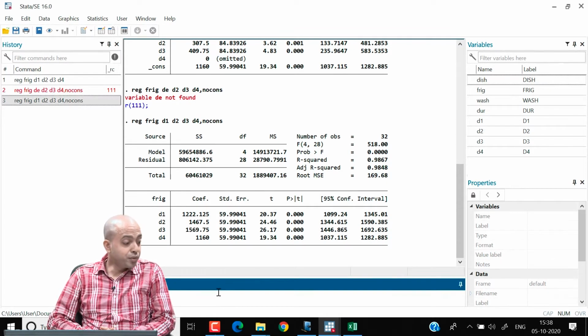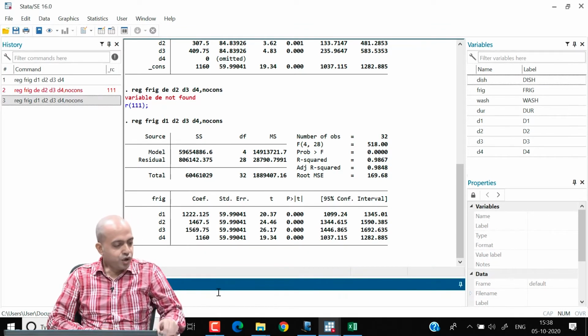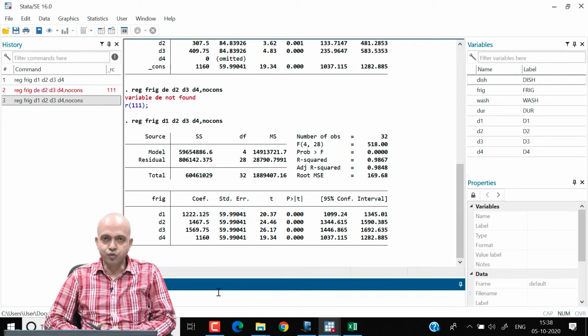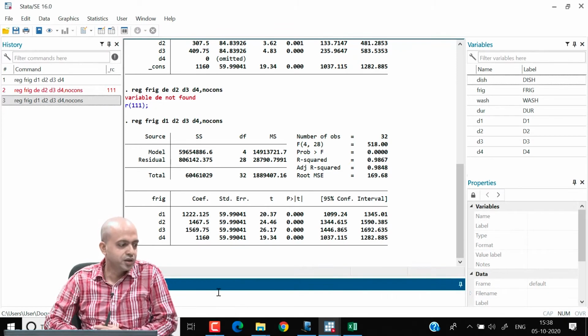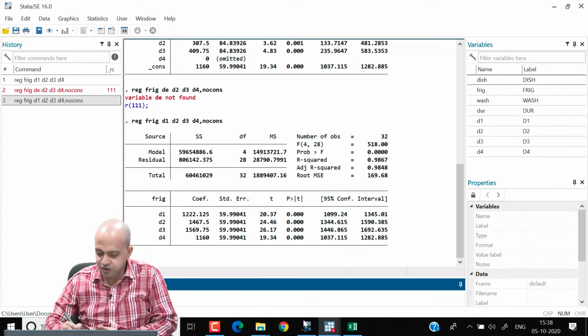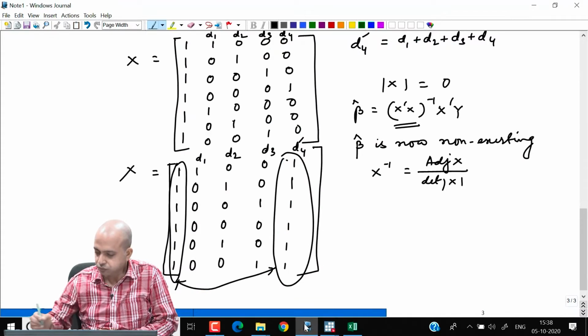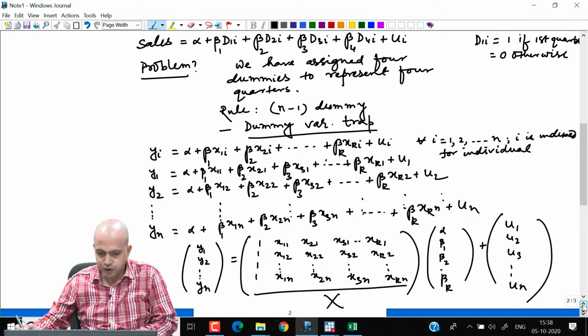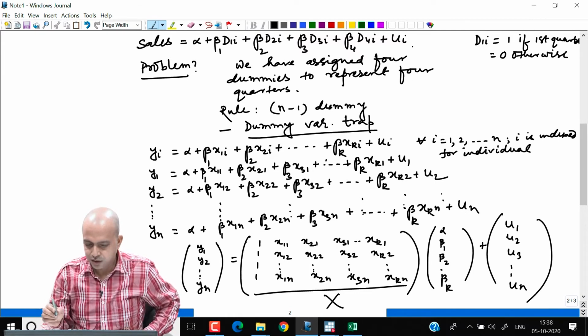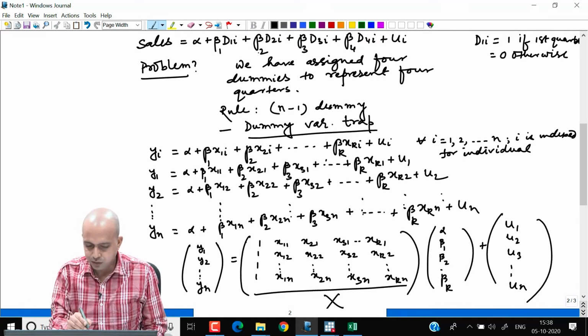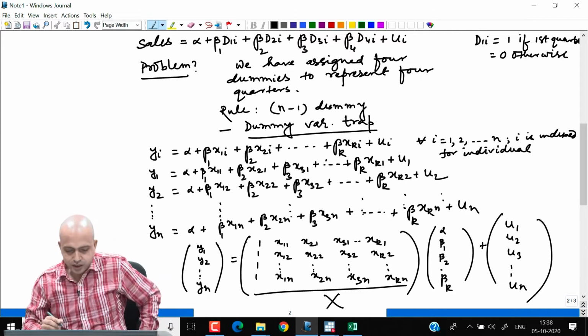So what would be the interpretation of this model now? In models where you have 4 dummies for 4 quarters and no other covariates included, as I said, when you have this type of model, 4 dummies, and that means the model here is